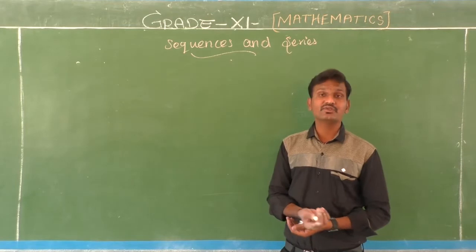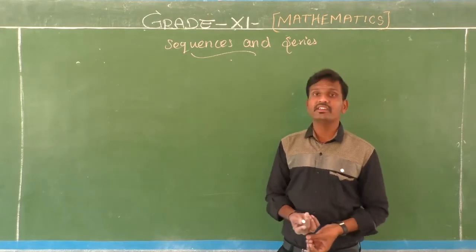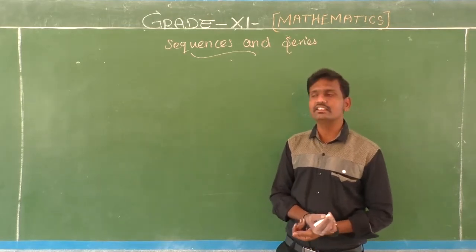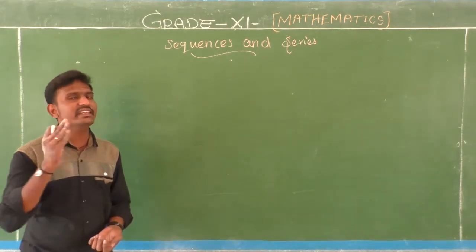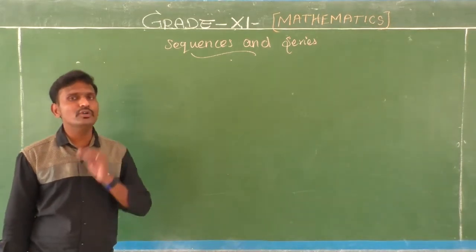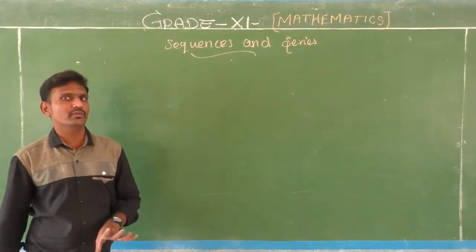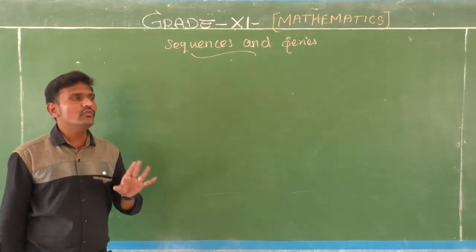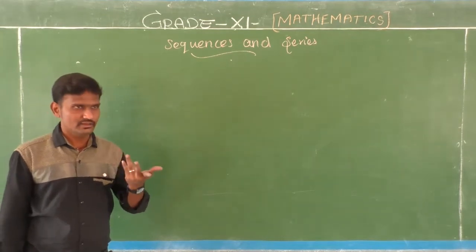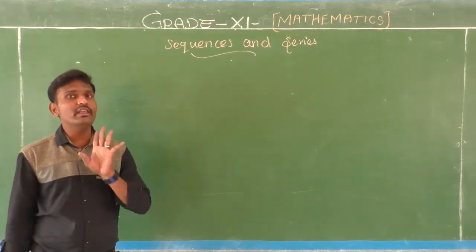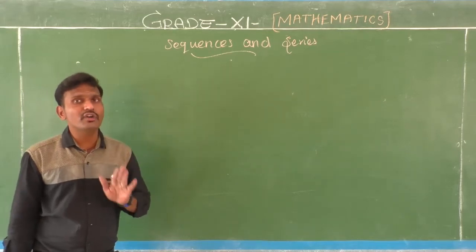So this is the class for continuing chapter 9, sequence and series. In that chapter we have almost completed the first 3 exercises, and coming to the fourth exercise, the deleted portion. Okay students, you don't need to write the class notes and we don't need to follow that exercise.